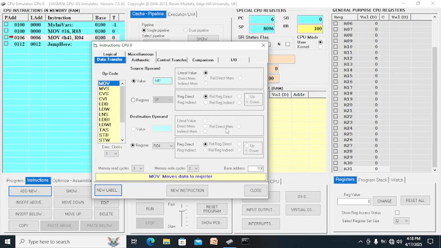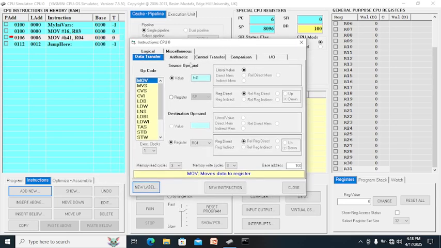After that jump here, we're going to add a new instruction, which is to store the value now. Store the value of R03, which is 16, to memory.